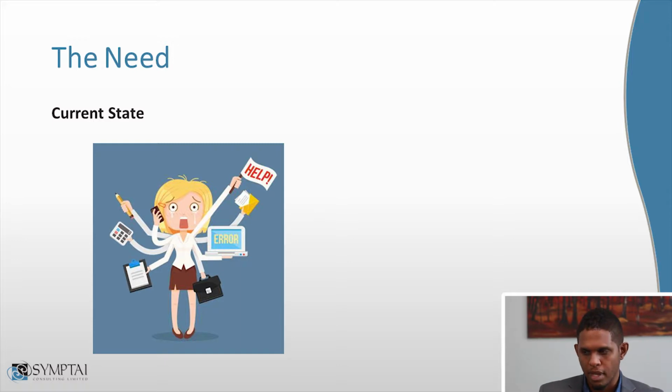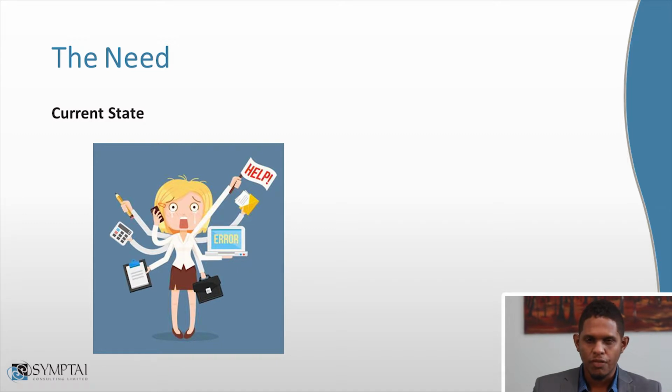The first image that you see on your screen here really highlights some of the issues that we have in the workplace today. A lot of the times you'll find that companies have many disjointed systems. The image on the screen kind of highlights that, because you can take, for example, the calculator to really be your business analysis or data analysis type software, the clipboard to be your project management or your to-do list,